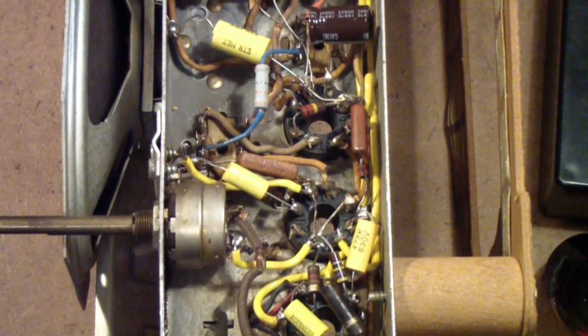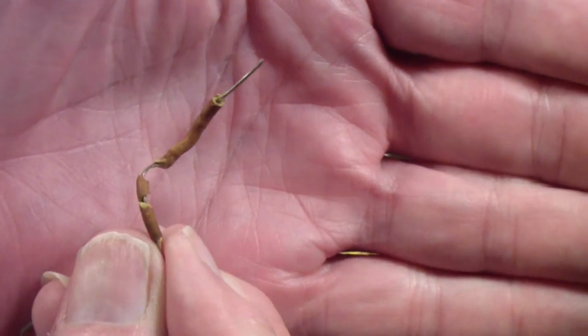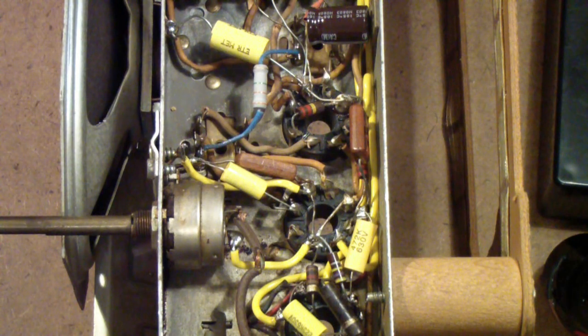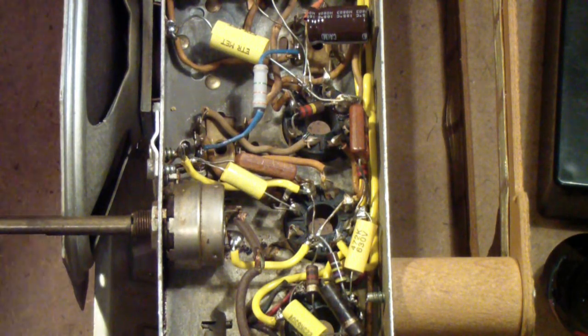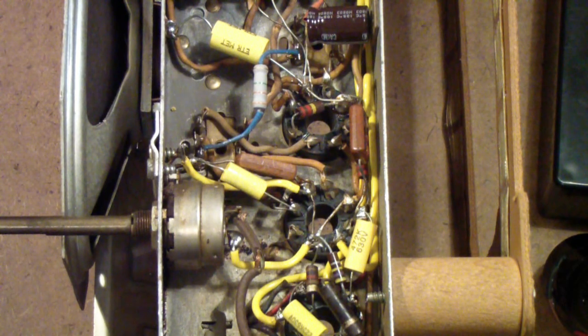It appears that this yellow wire that was used, and I know it probably looks brown in this video, but it actually at one time was yellow. Maybe you can tell that by looking at the very end right there. But anyway, it has browned badly. Now, I don't know if this radio has been in a corrosive environment or where it's been. It doesn't look like it, because the metal doesn't seem to have corroded that much. So I'm guessing that these wires just deteriorated because the insulation just couldn't stand up to time. But nonetheless, I replaced them. For that reason and lots of others, I'm going to redo the resistance checks on this radio before I try